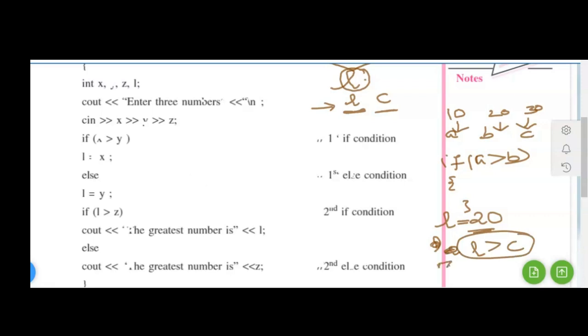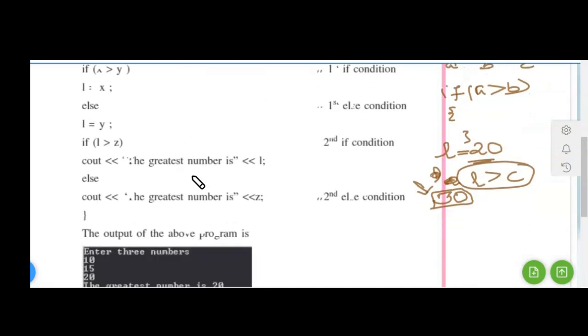30. So 30 is larger than 20. So this output will be the largest and you have to display this. That is what happens in this program. The same program,